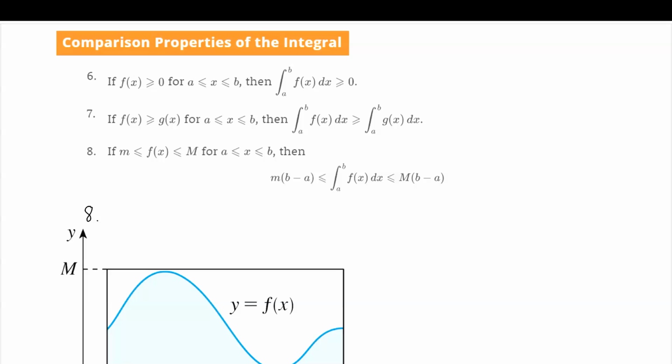Now, number 8 is a little more complicated, and we have a picture to go with it. So first of all, if little m is less than or equal to f is less than or equal to cap M, what does that mean? So this function, f of x, is bounded at its highest point by cap M and its lowest point by little m. So it exists entirely in between. All the y values on f are entirely in between little m and big M on this interval from a